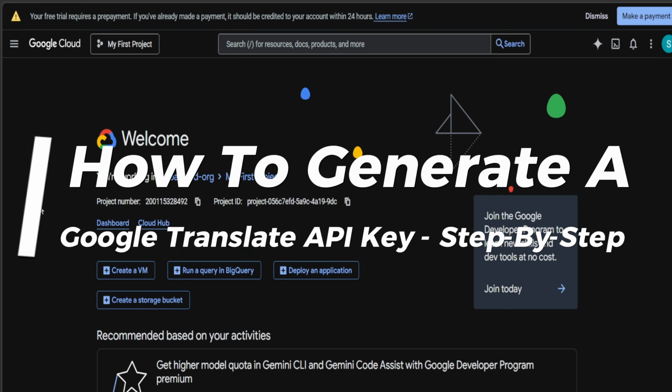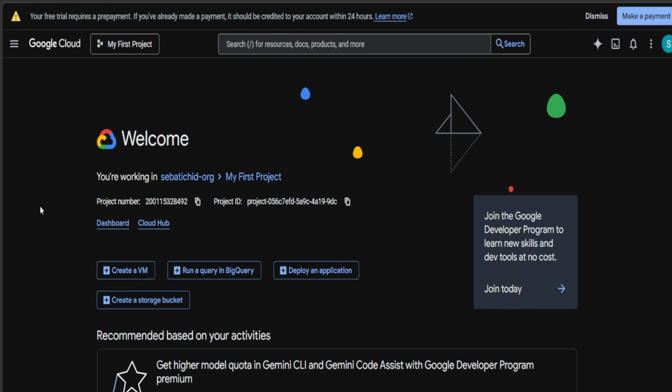How to generate a Google Translate API key. So if you want to do this, go ahead to your account first, and you're gonna put in mind that this isn't free. You're gonna have to pay a specific amount depending on what you're going for. But with that out of the way, again, go to the account you want to do this on, and go